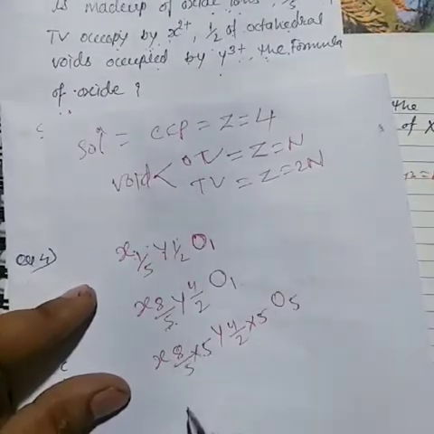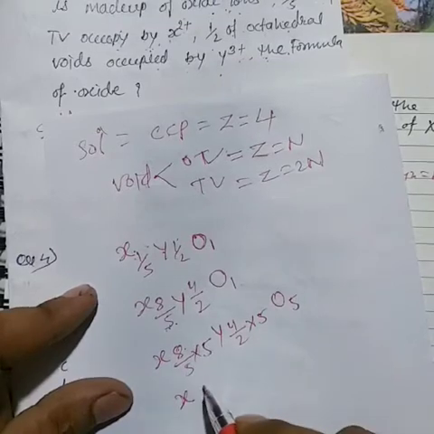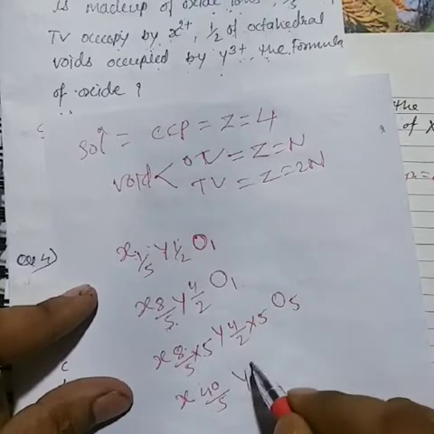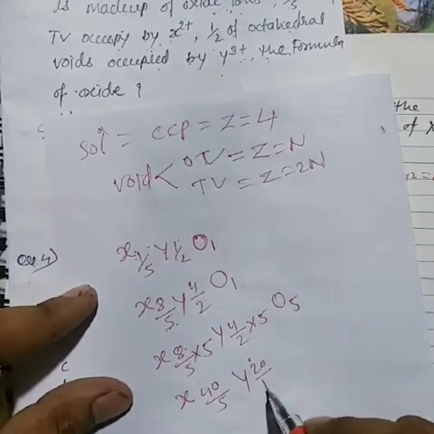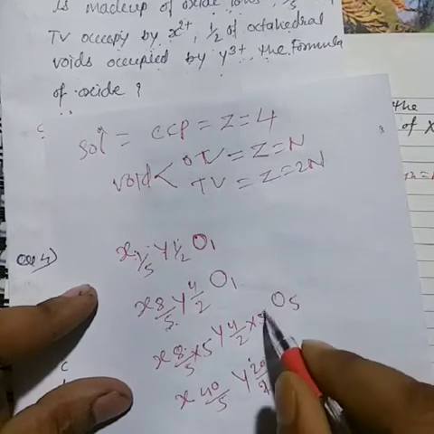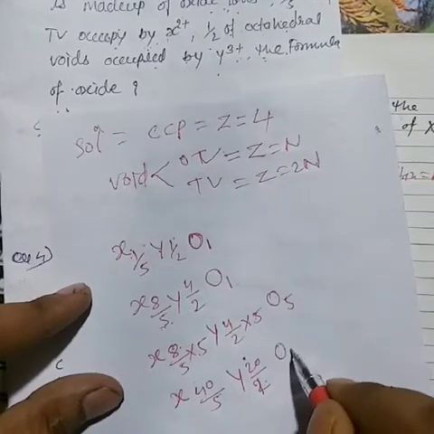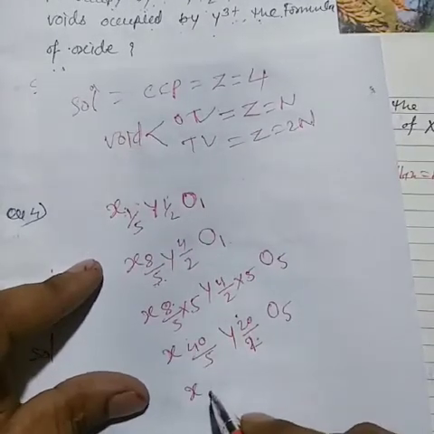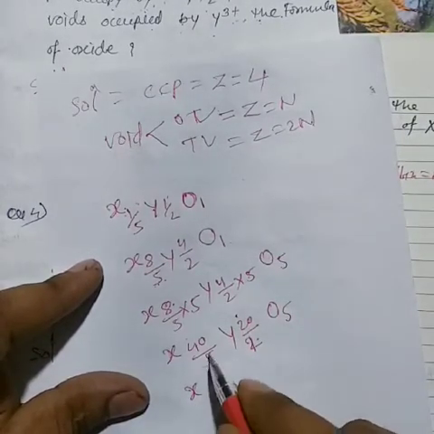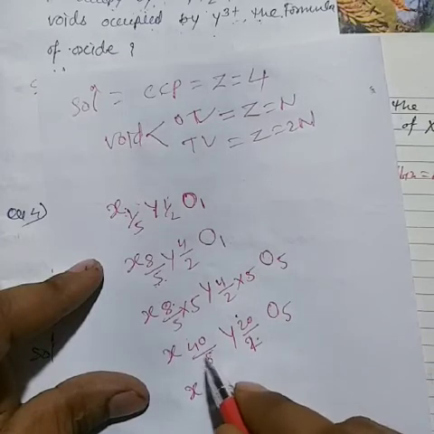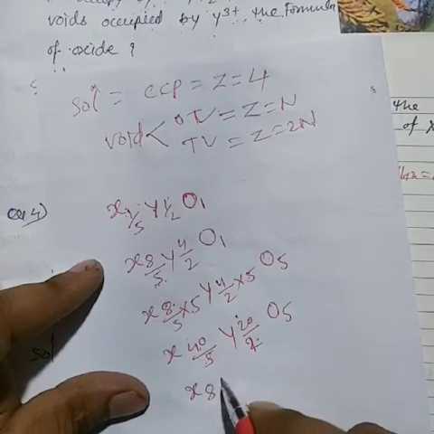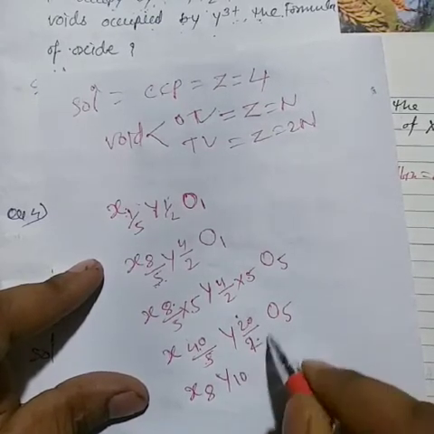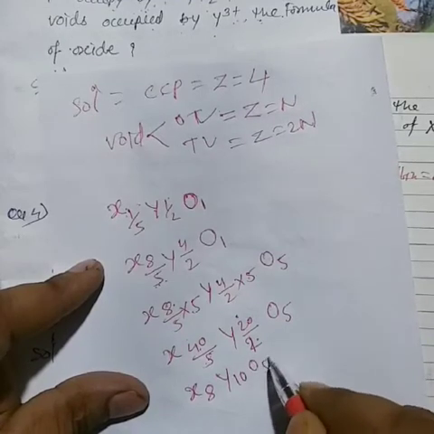So now we can simplify x = 8/5 and 14 upon 5, and y = 20 upon 2, and finally what we get? Oxygen having 5. So finally what we have, what you get, students? Now 5. Okay, 5 × 8 = 40. So x = 8, and y = 2 × 10 = 20, and 5 is oxygen having 5.